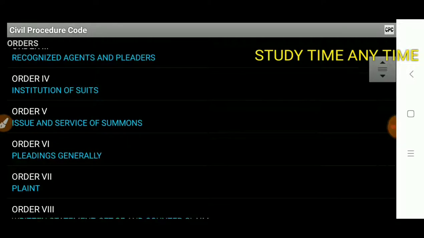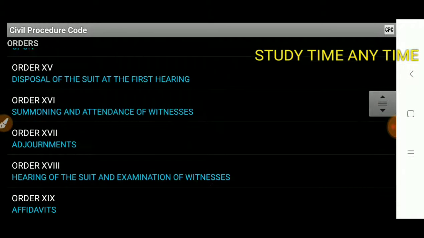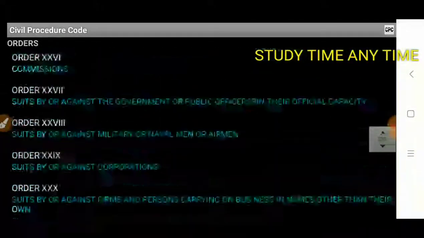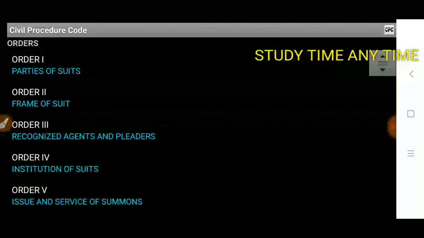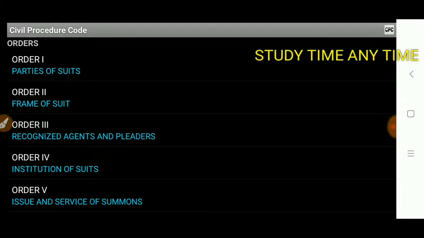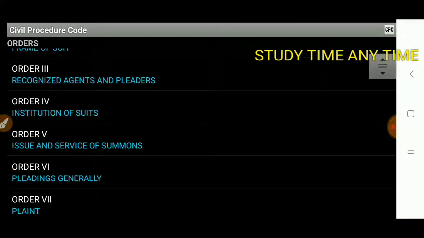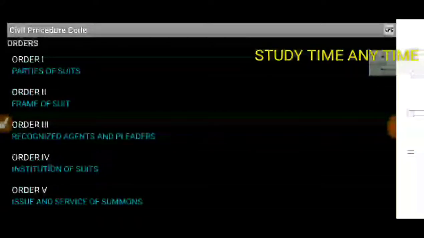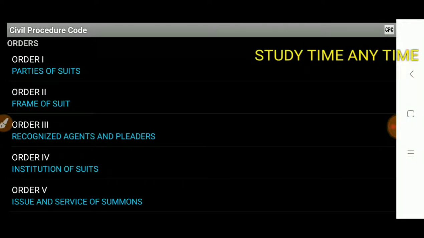of all the headings, and these headings are taken from the app that is available from the Play Store under the name of Civil Procedure Code at Vulcan app. And now you may see that these are the names of the orders. These are generally headings of the orders. And now we will discuss every order in a brief manner, and we will try to learn these